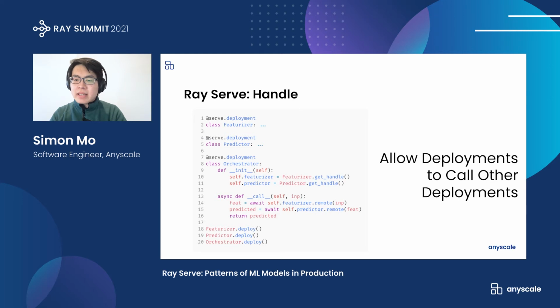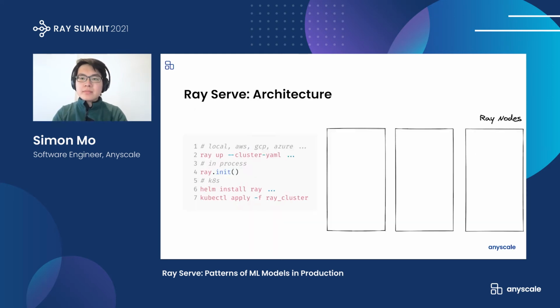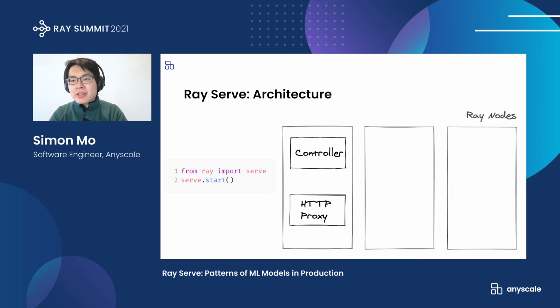To gain a deeper understanding of how this works, let's take a quick detour into the Ray Serve architecture. In the beginning, you just have your Ray cluster, let it be your local machine, the cloud provider, local in-process cluster, Kubernetes, or even on Anyscale. We'll represent these Ray nodes with these boxes on the right. When you first call serve.start, Serve deploys two fault-tolerant Ray actors into the cluster. The controller actor is a detached, driver-like process that manages all other actors, while the HTTP proxy handles all the web